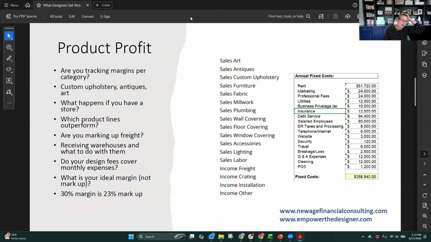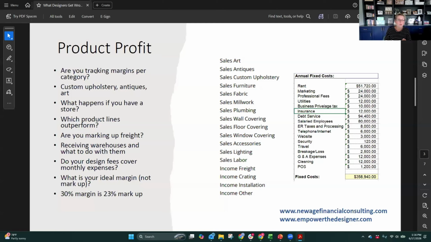So let's dive into product profit. Depending on the software you use, you should hopefully have a report that allows you to understand what your margins are on each of the things that you're selling. A lot of times when clients come to us, something we ask is, where do you think you're making money, and what are you selling potentially the most of? Like, what do you think you're doing? Are you selling a ton of custom furniture? Are you just reselling a ton of millwork? I don't know, because you have a lot of projects in that particular phase.